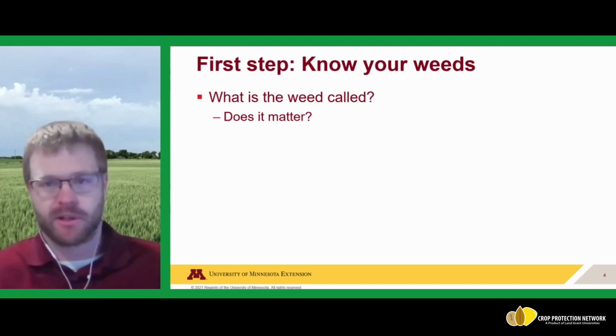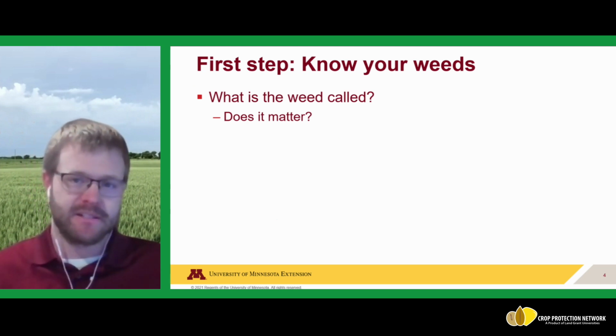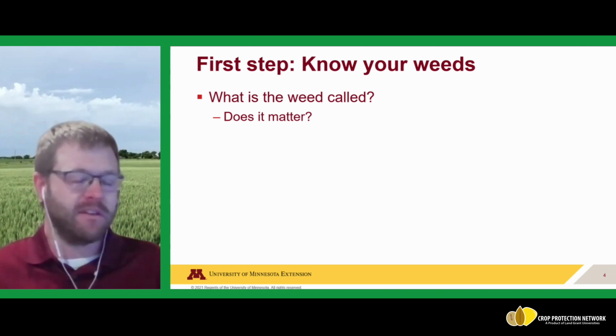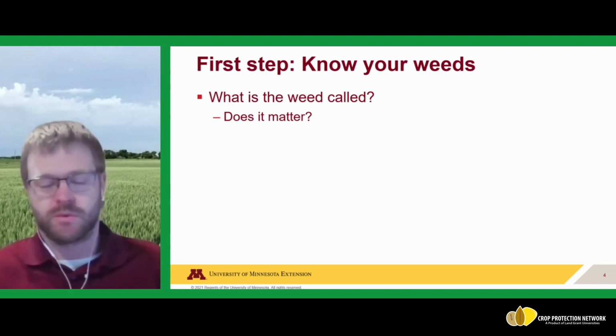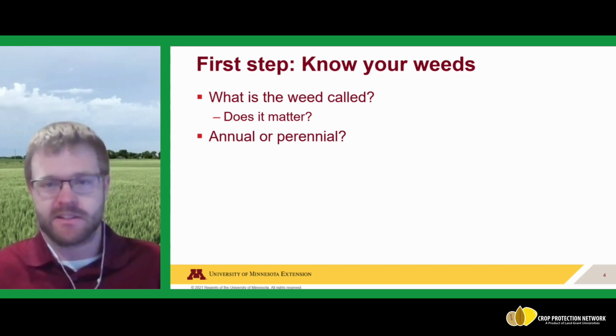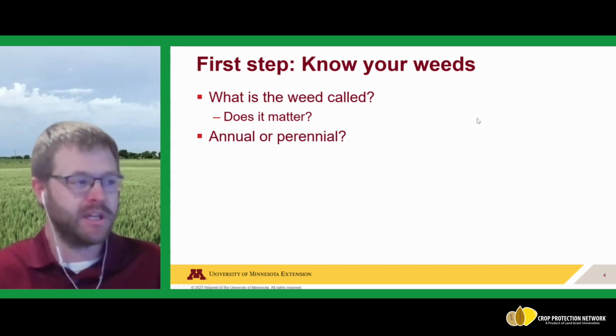Do we actually need to use chemicals or mechanical methods to control that? In many cases for forages, those weeds, if they're small, are still pretty decent forage quality. So they probably don't necessarily need to be controlled if they're harvested with that forage when they're young. However, if you have other weeds that might be toxic to livestock, obviously that is a case where we really need to control those weeds, where it really does matter in that situation, and we need to control it